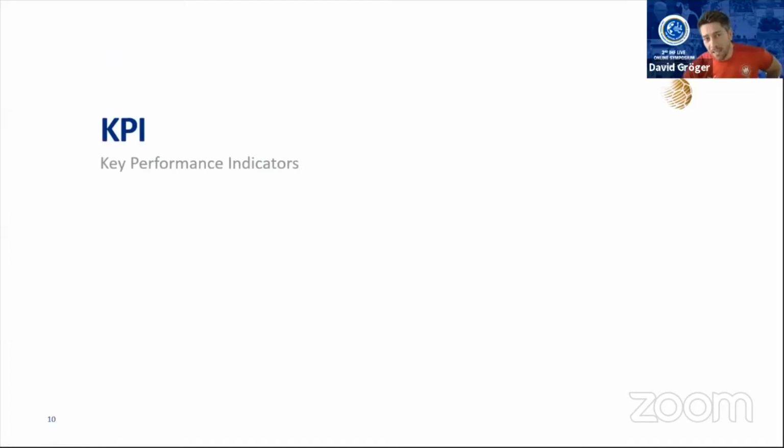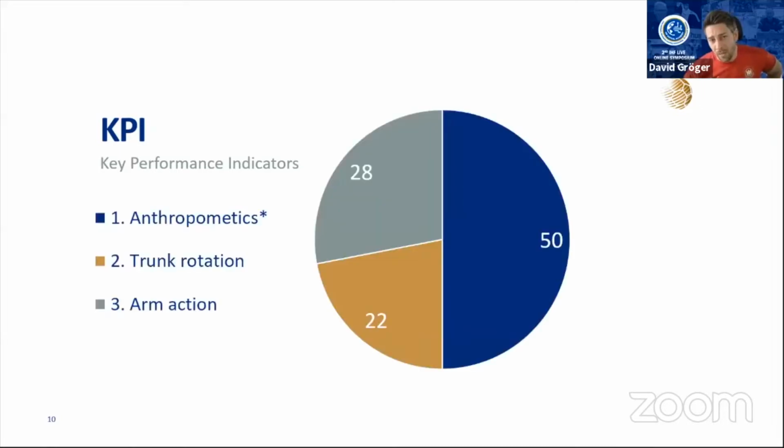So KPIs are key performance indicators. So let's see what has an impact on the ball velocity and on the throwing performance. And we see a big part of that is anthropometrics. So that's a fact we unfortunately cannot modify. So we cannot modify the arm length or the hand width,